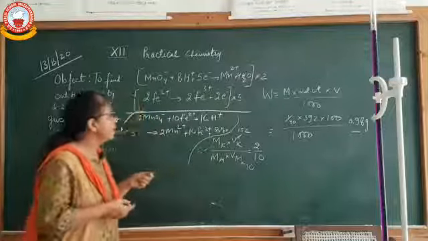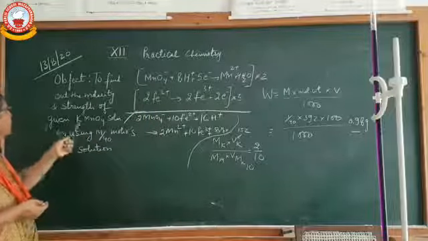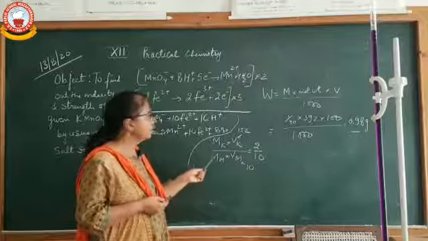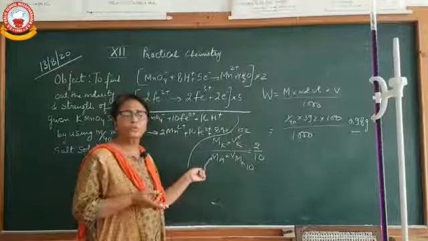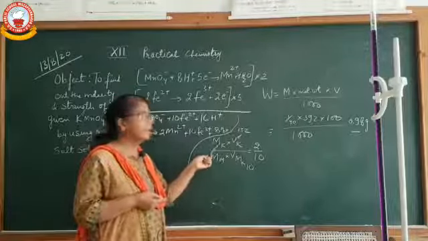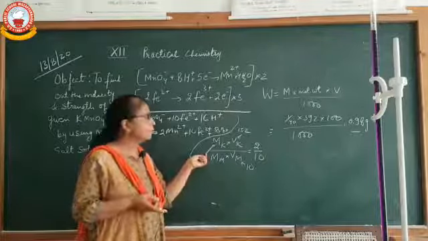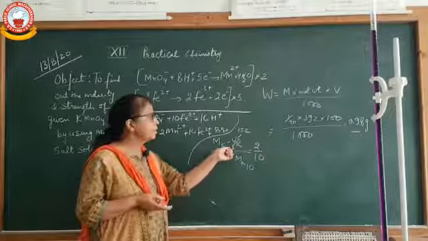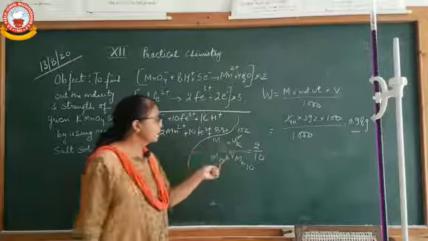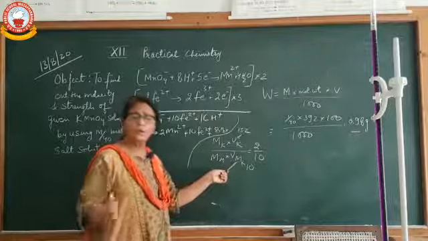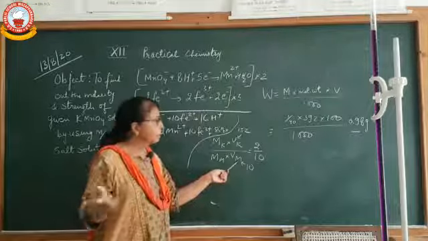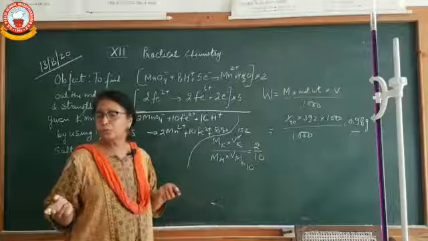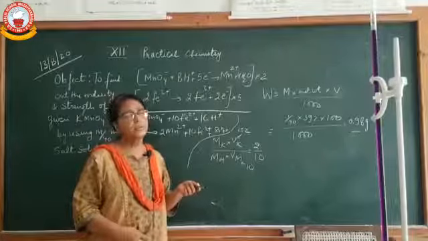So in the object you will see that M/40 Mohr salt is given, so molarity of Mohr salt is given to you, that is 1/40, and molarity of KMnO4 you have to find out. This volume of KMnO4 will be the reading which you will obtain from the burette, and volume of Mohr salt will be the volume of the pipette. So details of the apparatus required will now be told to you by Rachna ma'am. I hand over the mic to Rachna ma'am.